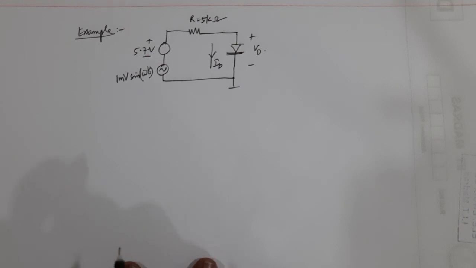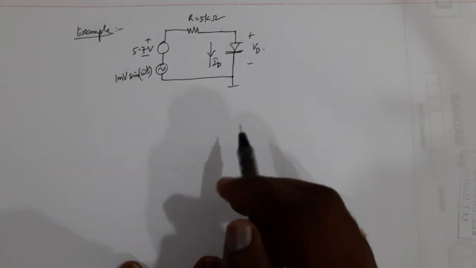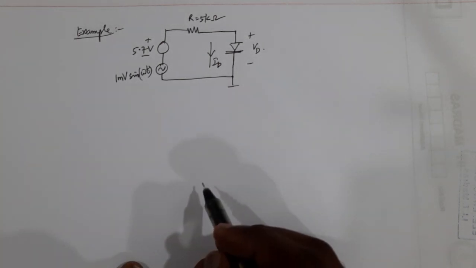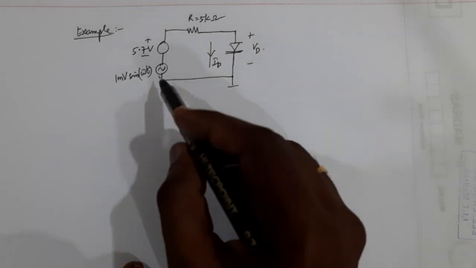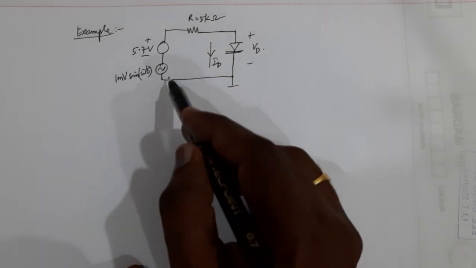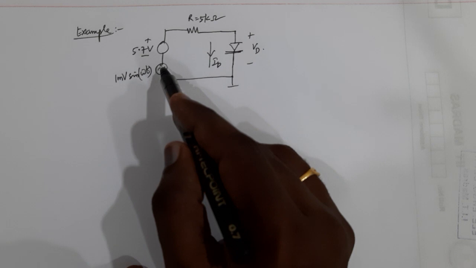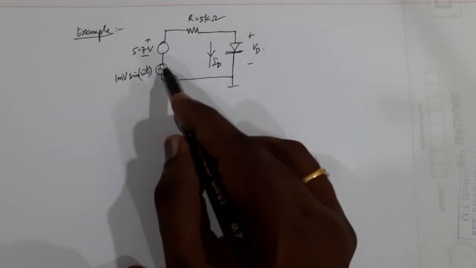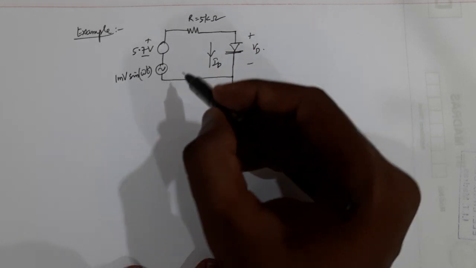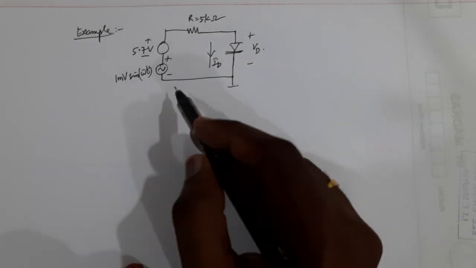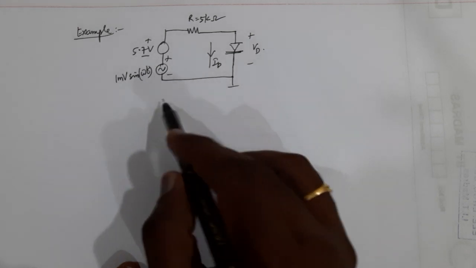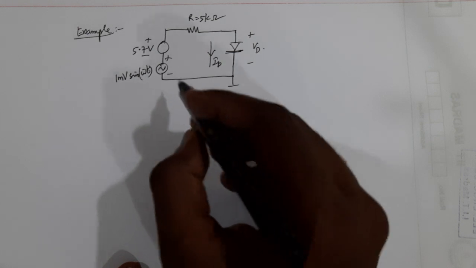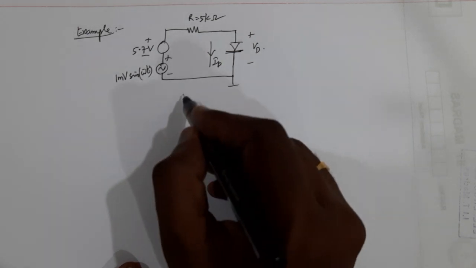So first things first, you try to find out the DC operating point. That is very important. Okay, so for finding the DC operating point, if you have any signal in the circuit, you just disable the signal. Meaning, if you have a voltage signal here, I've actually shown this as a voltage signal, then you can just remove it. Meaning, you short the signal. So you just represent this circuit